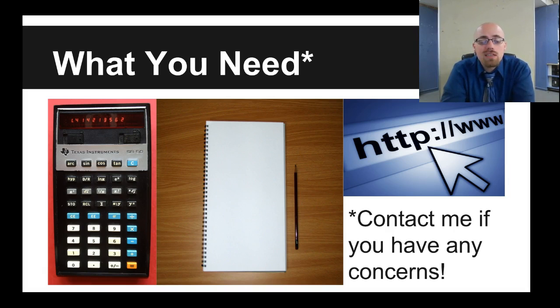Second thing students need is something to write on and something to write with. We do a lot of work in class where sometimes students may need to write out some work, and sometimes it's easier to draw things. And we may even talk about some things that students want to take notes on from time to time. So this is a really good thing to bring. And the last thing is internet access.